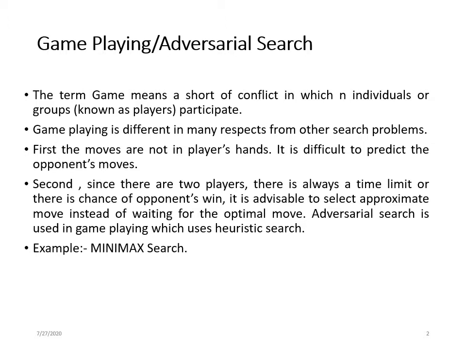Single player games include the 8 puzzle problem and 15 puzzle problem, where we need only a single person to play. Two player games include chess, checkers, tic-tac-toe, as I have given example to you. Multiplayer games, which involve more than two players, include card games like bridge, etc. All of these have different goals and hence different artificial intelligence techniques can be used to solve these.